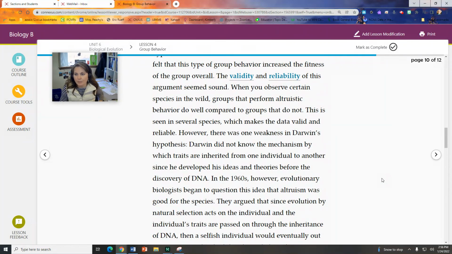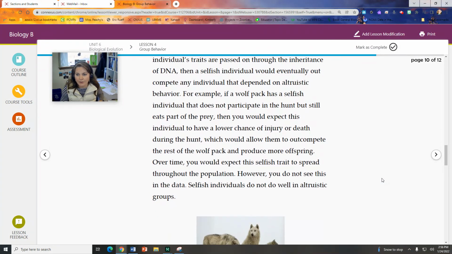Okay, they talk a little bit more about other things as well, how being in groups helps to make sure that the group stays strong as a whole, which helps to increase the likelihood of survival of the individual within that group, because there's some sort of better capacity to survive when you're working in a group.